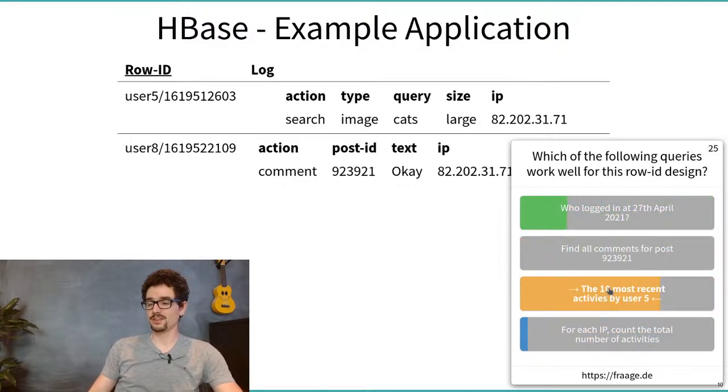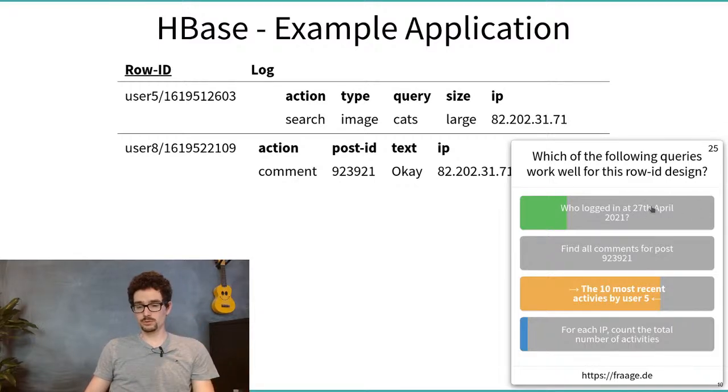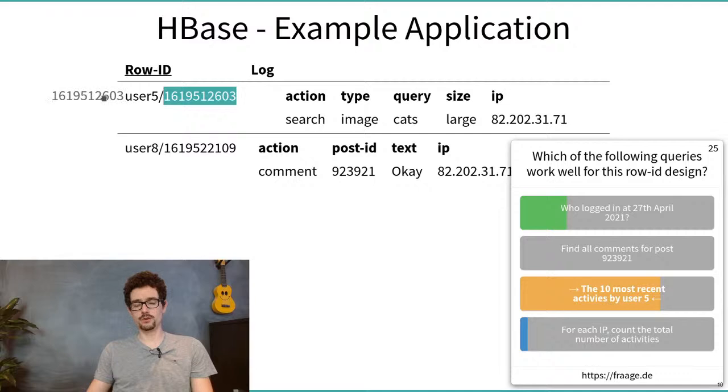Yellow is correct. Most of you answered it correctly. Let's take a look at this other answer that 20% of the people have given here. Who logged in on the 27th of April? Okay, you see this is something that has to do with the timestamp, but if you would want to allow fast answering of this query, who logged in on the 27th of April, the timestamp has to be before the user ID,